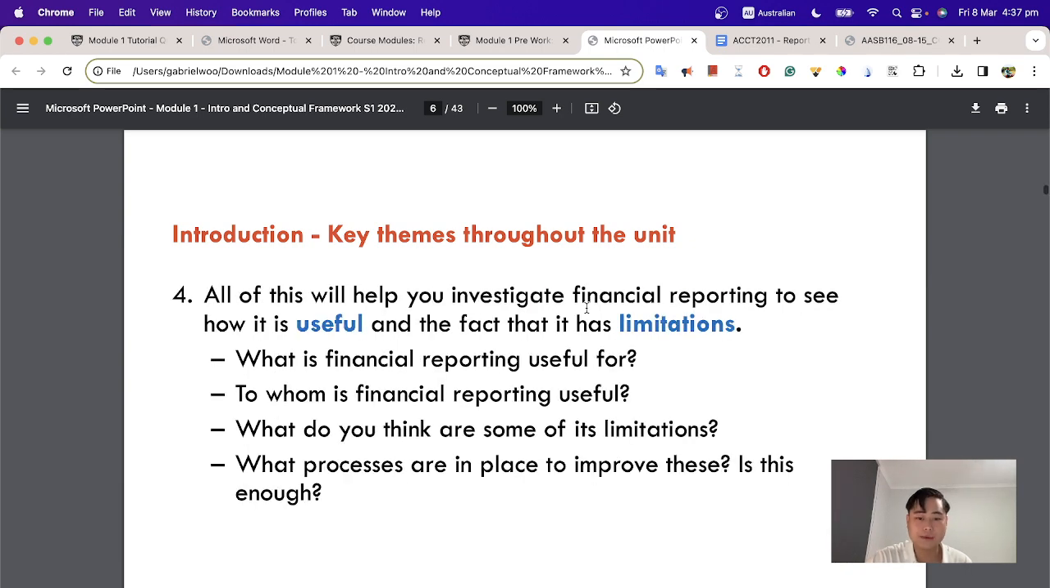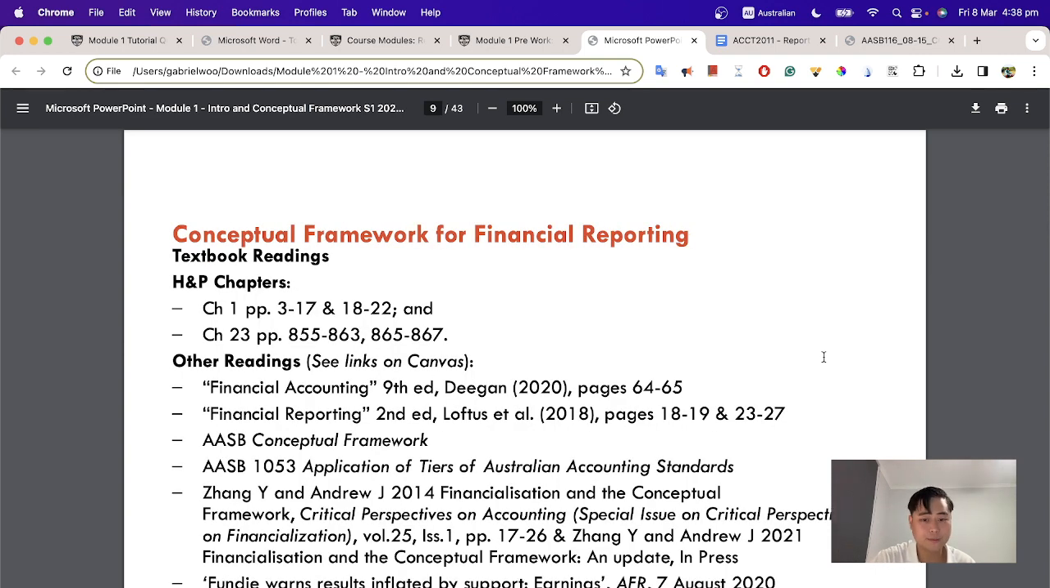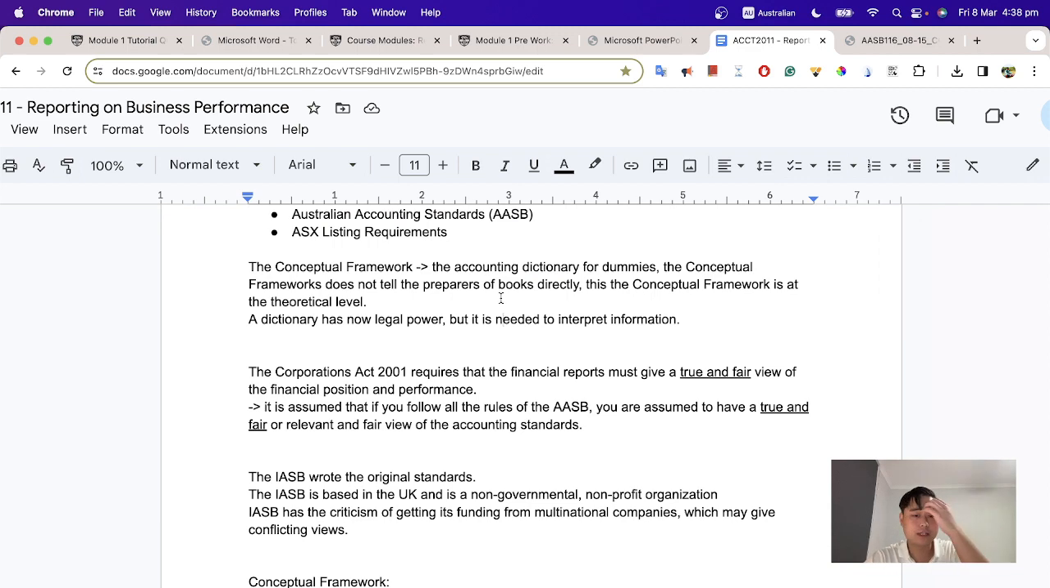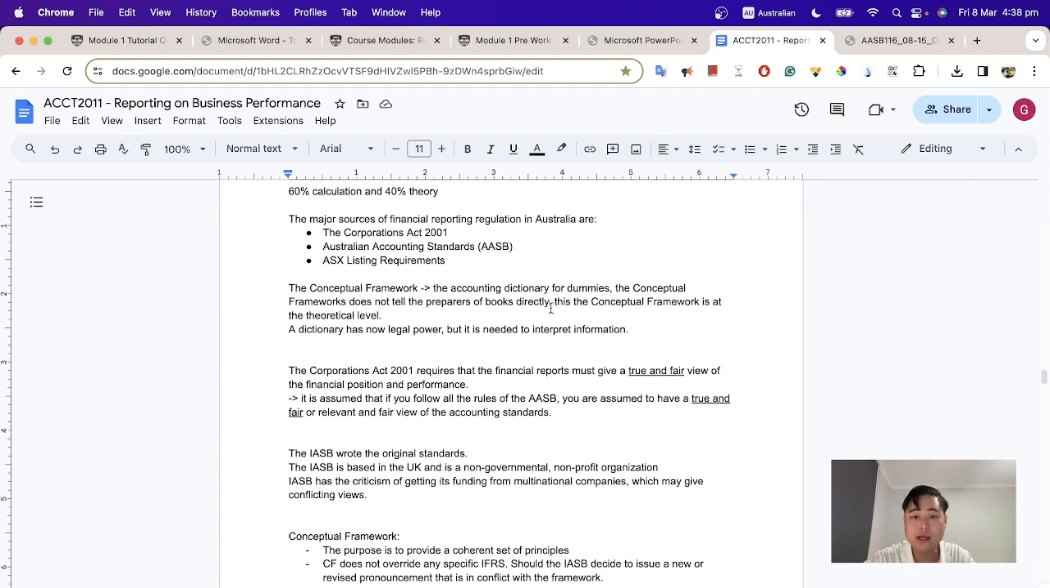Key themes: accounting measurement, useful limitations, revised, professional judgment. That's what we talked about. As preparers of financial statements, there's a lot of judgment required when preparing them. Conceptual framework. What is the CF? What is the conceptual framework? The conceptual framework could be seen as a dictionary for dummies. It does not tell the preparers of the books directly how to report certain items, but it gives a framework, a structure, a backbone at a theoretical level. A dictionary, for example, in the legal world has no legal power, but it is important and needed to